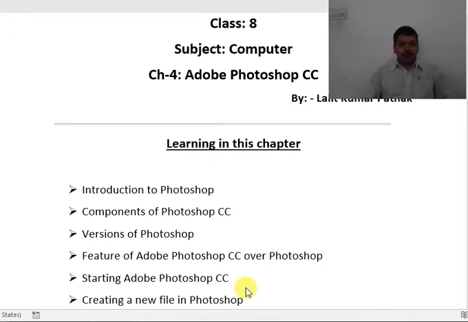As you know, Photoshop has a lot of keyboard shortcuts, and these keyboard shortcuts are helpful while editing in Photoshop. So today I am going to explain some important keyboard shortcuts that are used in Photoshop CC.